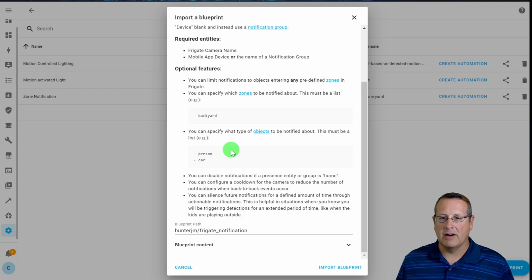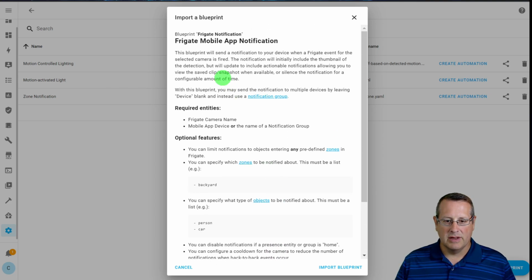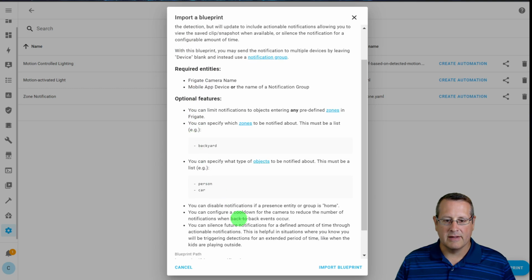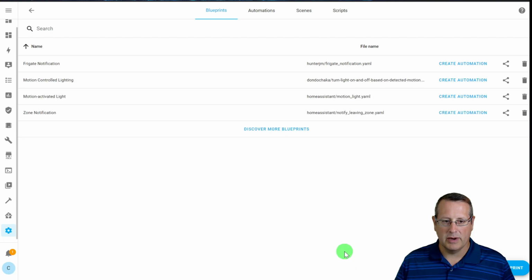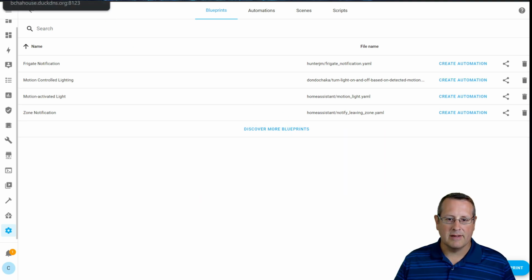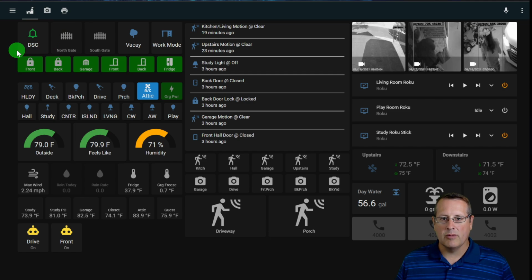If you get any other kind of error, either you don't have the right blueprint URL or the blueprint doesn't work correctly for some reason. So once you look over this, understand what it does, and it's what you want to do, in this case it is for us, we'll just go ahead and import the blueprint. And so now we have a blueprint in which we can create automations from. I don't have any cameras set up and Frigate's not running on my test system. So let's go back over to my main system here, my production system where I am running Frigate, and